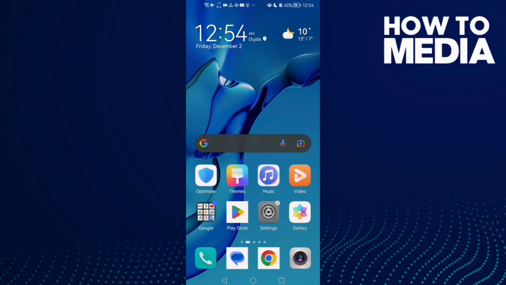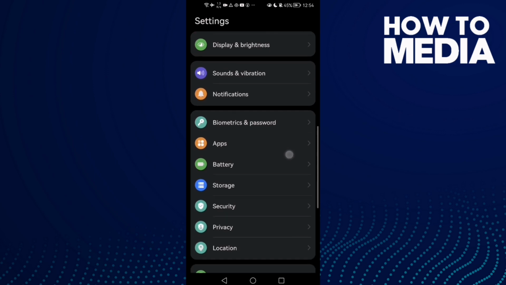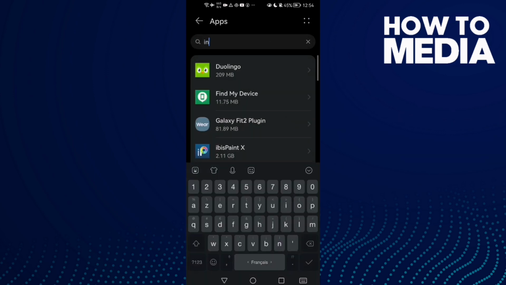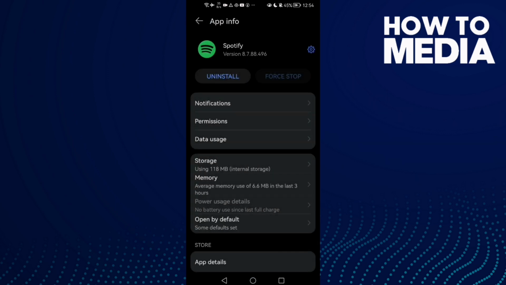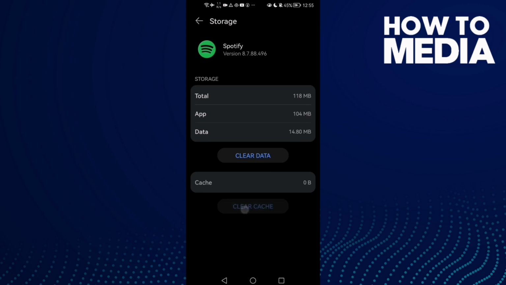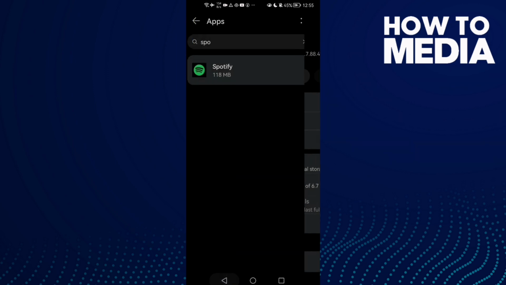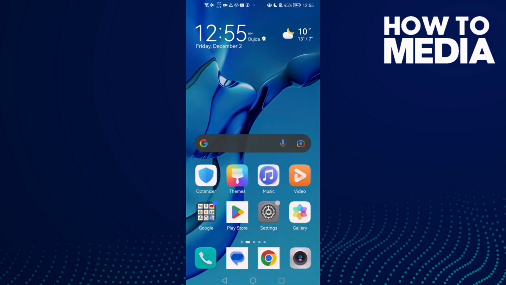First thing you need to do here is to go to settings and then scroll all the way down until you find here apps, then click apps again. Now type here Spotify, click on it, then click force stop and go to storage, clear cache. This one is for Android phones, and if you have an iOS iPhone, just go to settings, then click general,